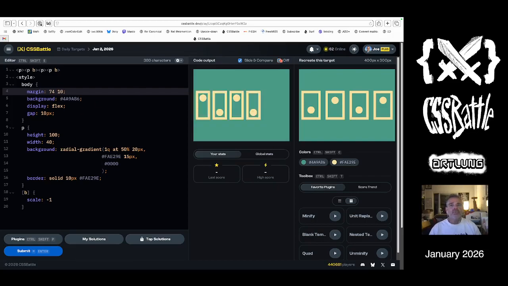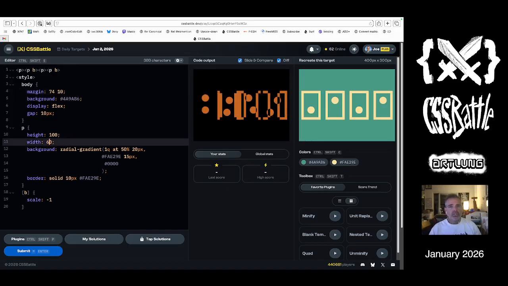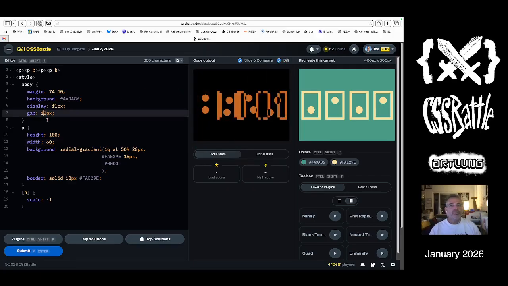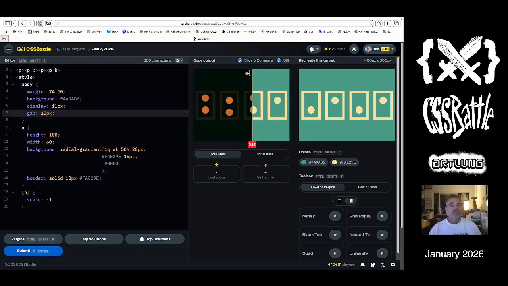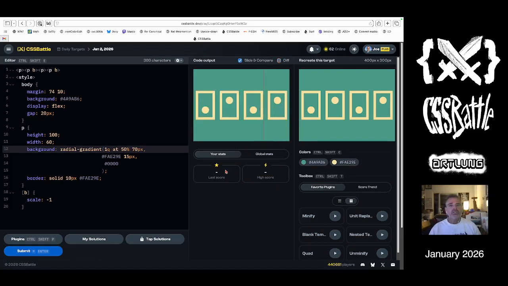Ooh, what a neat number. And these got to be a little wider, huh? 5, 6. Getting close. And then that gap, I think we're right aligned. How about 20 pixels gap? That did it. Great. So then we need this to be at a different number, 4, 5, 6, 7, and everything just slotted into place. Look at that. Let's submit